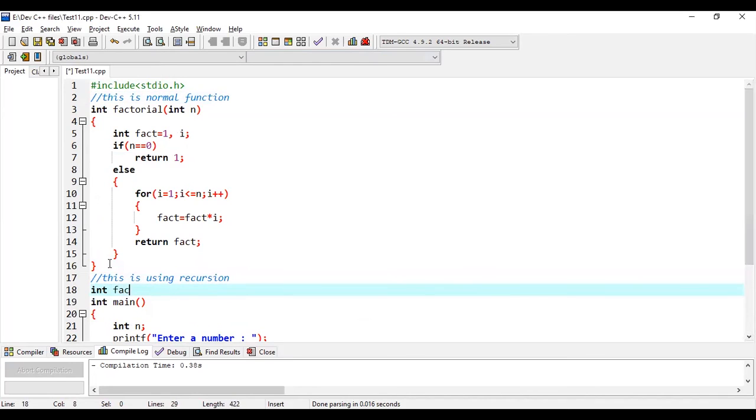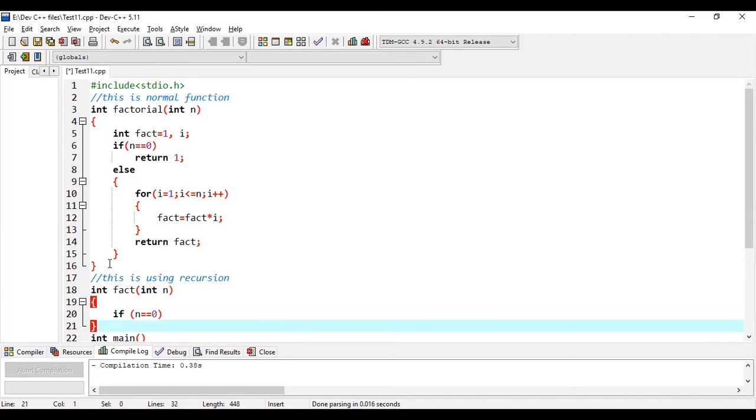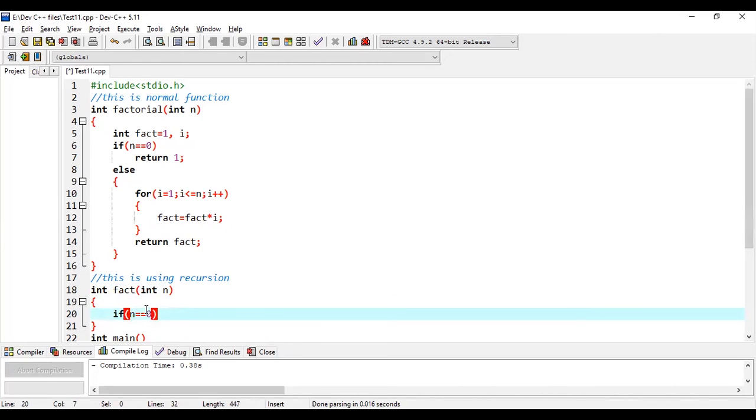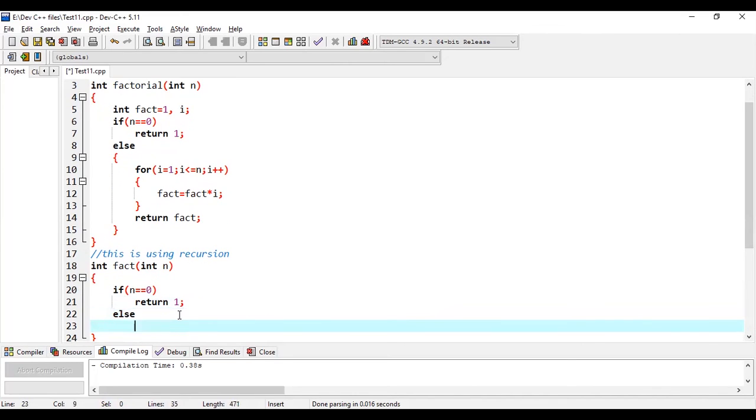So now I will write int fact, int n, and here if n is equal to 0, then the same thing which we did over there, you'll just return 1. Else we are going to return n into fact of n minus 1. That's what we do using recursion.